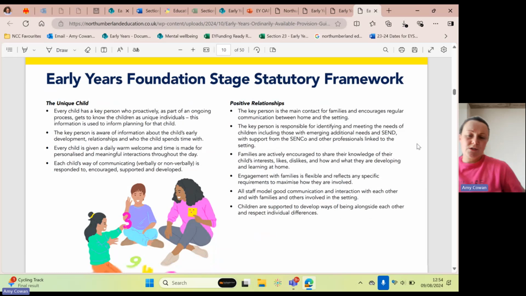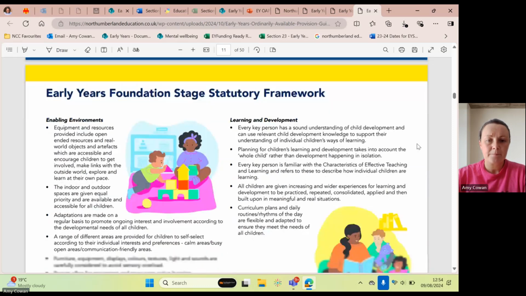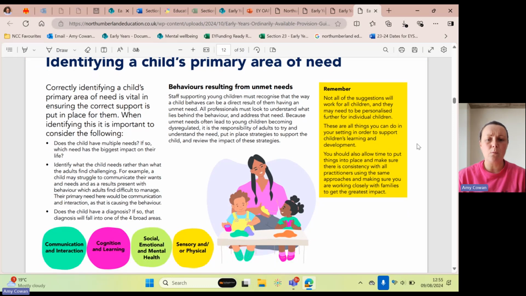The early years foundation stage, which you'll all be very familiar with, we've just taken the key points in relation to inclusive practice. Then we talk a bit about identifying a child's primary area of need, because correctly identifying that is vital to make sure that you have got the right support in place for the child. And this slide will help you to pick that apart a little bit and think about what you're actually seeing. When you're identifying the primary area of need, you really need to be thinking about what is it that has the biggest impact on the child day to day,